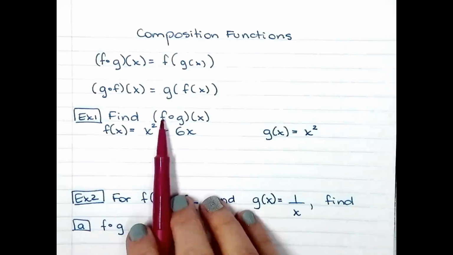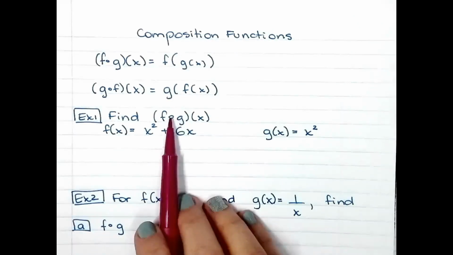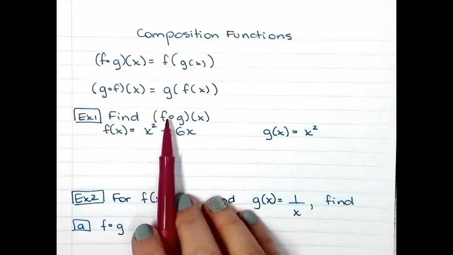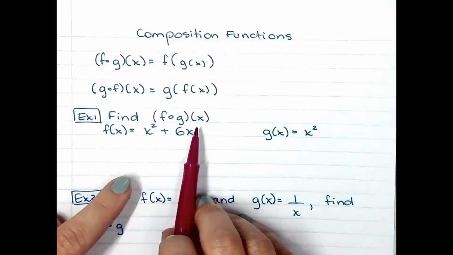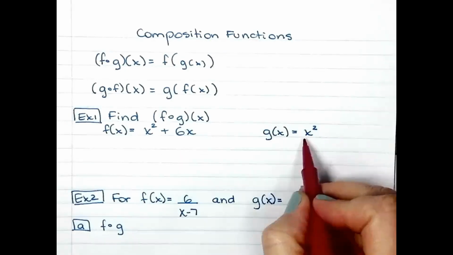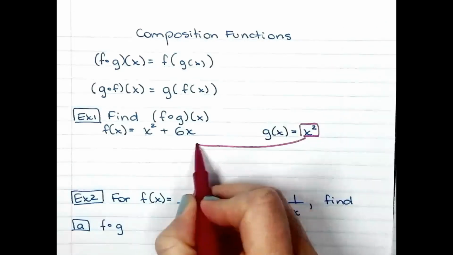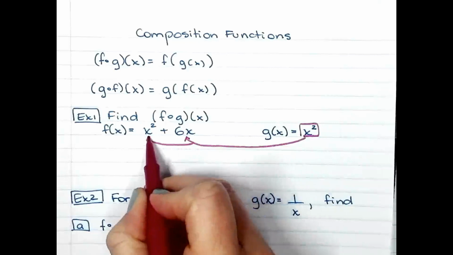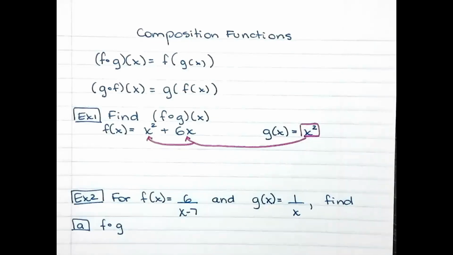So we need to find f compose g. That's not a times. That's not a dot. That's just a little open circle. That means f compose g of x. So we're going to substitute the inner function, g of x. So we're going to get g of x right there, and then you're going to plug it in right there. Okay? So when you're doing f